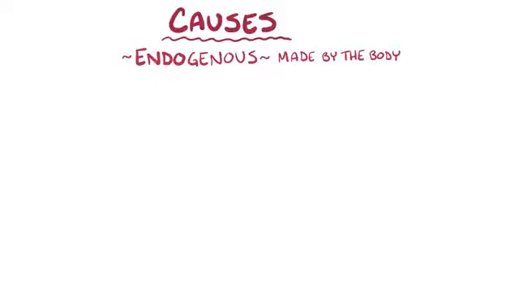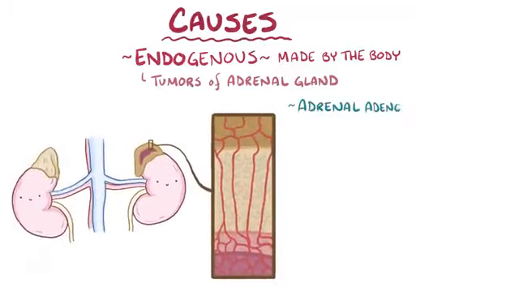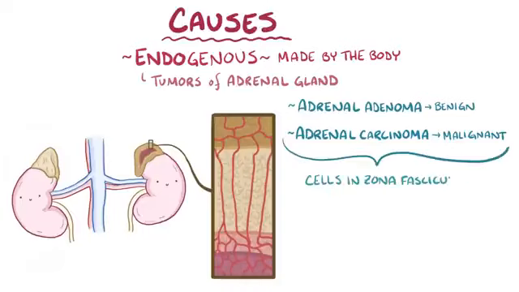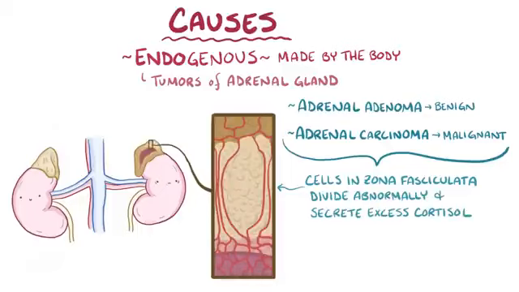Another common cause of endogenous Cushing syndrome is tumors of the adrenal glands that make excess cortisol, like adrenal adenomas, which are benign tumors, and adrenal carcinomas, which are malignant tumors. In both adrenal adenomas and carcinomas, the cells of the zona fasciculata within the adrenal cortex start dividing abnormally and secrete excess cortisol. As before, the excess cortisol provides negative feedback to the hypothalamus and pituitary gland, suppressing both CRH